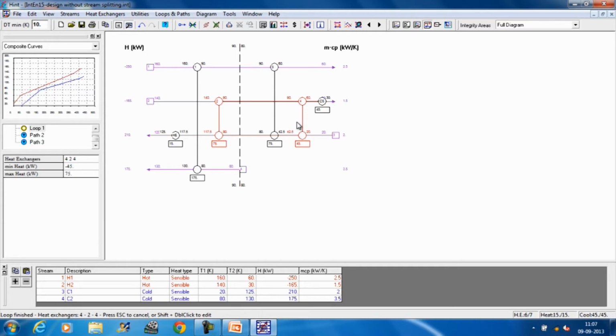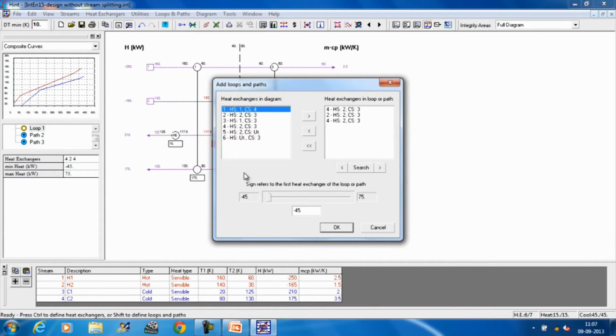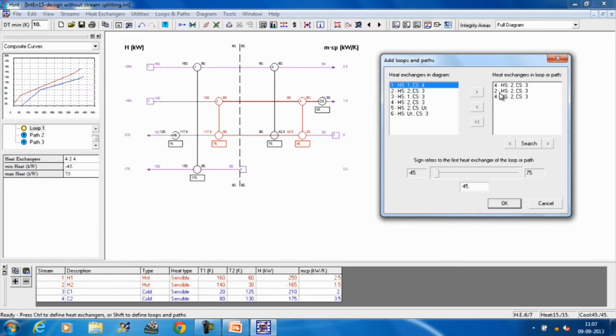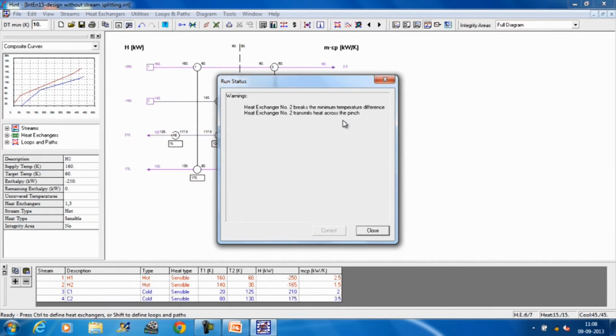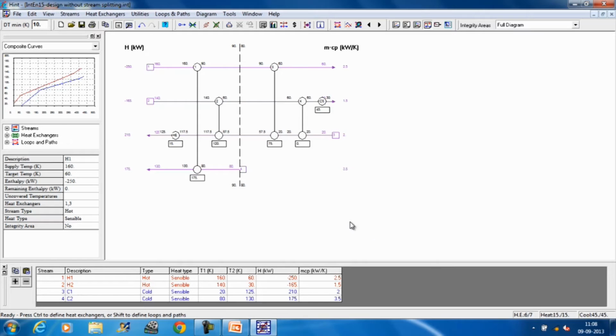Once we have identified the loop, then our job is to break this loop. This loop will be broken if I eliminate one of the heat exchangers of the loop, either 2 or 4. It is better to eliminate 4 because its heat duty is less. So, next will be to go for add. So, we see here this is the loop 4 to 4, and if I press this OK button, then yes button, it tells that my loop has been broken because the heat duty of 4th number heat exchanger has become 0,